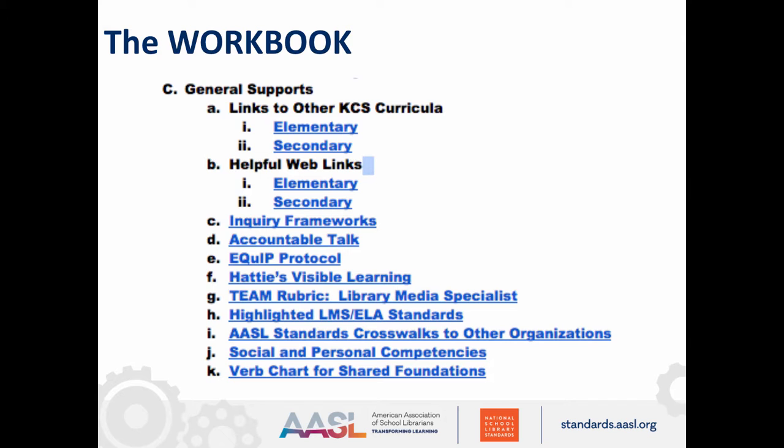Letter F is Hattie's Visible Learning. That's another district initiative. John Hattie is a meta researcher. He looks at different educational research and tries to find out what structures and practices have the highest impact on students, and so you can see those there. I have the feeling that our district is going to go deeper and deeper into that, so it would be wonderful if you already know a bit about visible learning so that you can join in